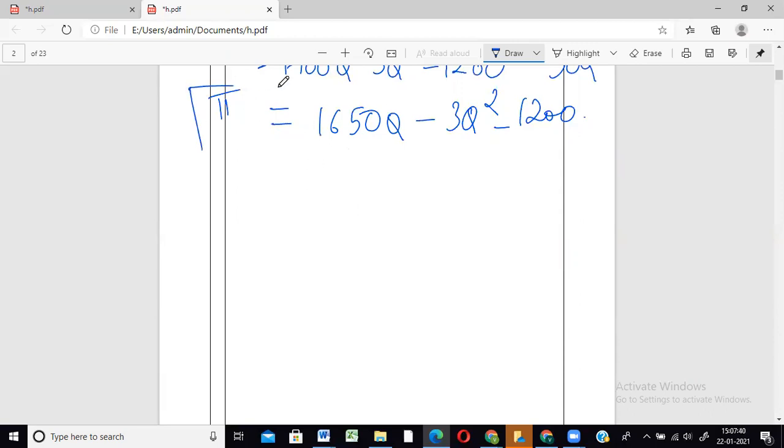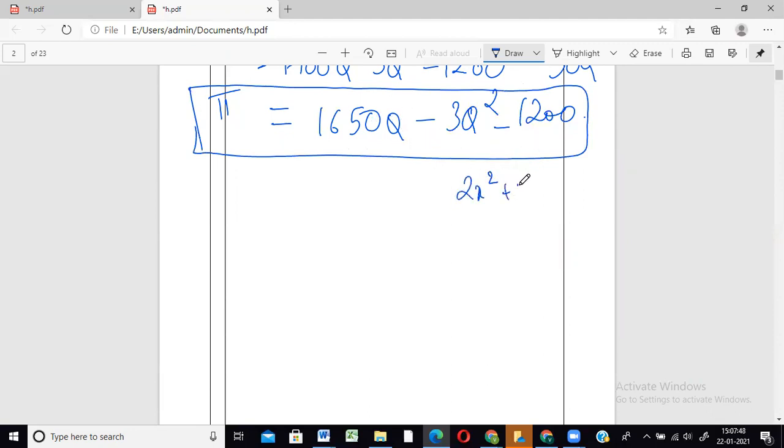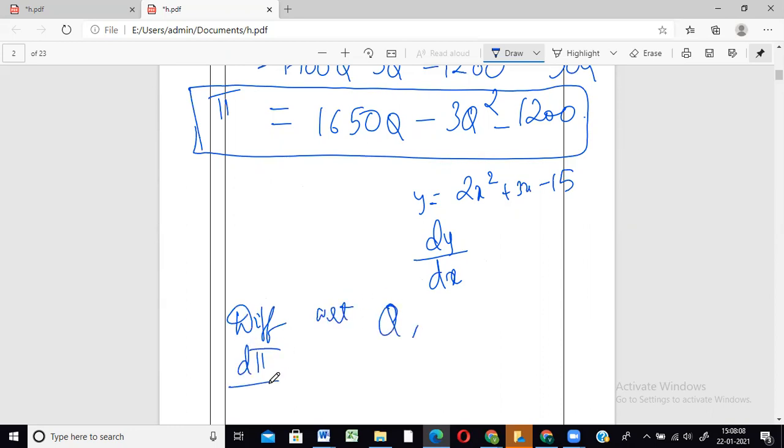So right now, if this is the function that we have, what is the variable involved over here? Q, correct? Otherwise, we always had equations like 2x square plus 3x minus 15, something like this. So if this is y equal to, we always write dy by dx because this is the name of that function and these are the variables involved, with respect to what it is changing. So now with respect to Q we change, correct? So we can write differentiating with respect to Q. Okay, so we have d by dQ, I mean differentiating pi with respect to Q. So we can differentiate this entire thing. I'll erase this.